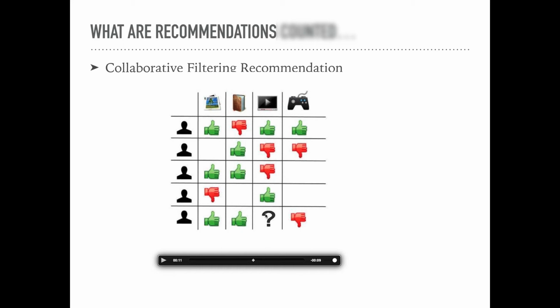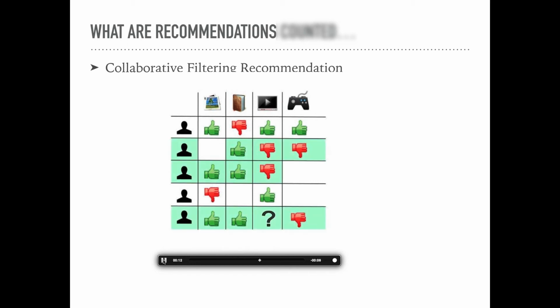In order to decipher that, we first find the other users who are similar to user 5. For example, in this case, we can find that user number 3 has similar taste. User numbers 3 and 2 have a somewhat similar taste compared to user 5. So we can predict user 5's taste based on users 2 and 3.